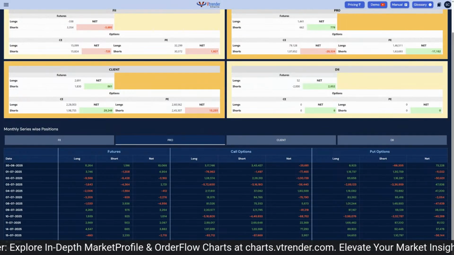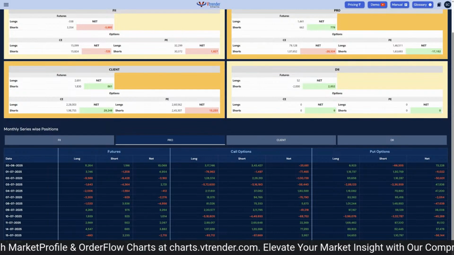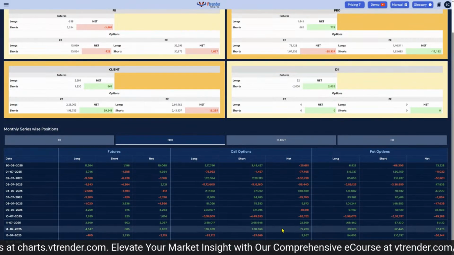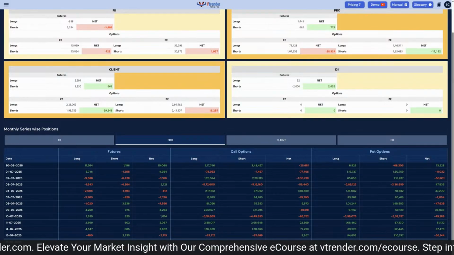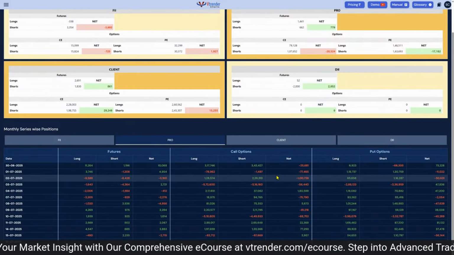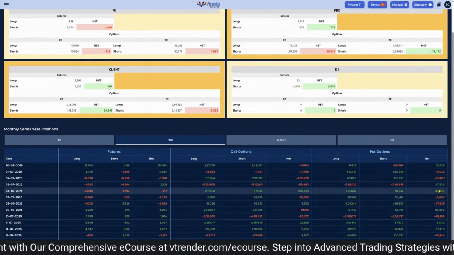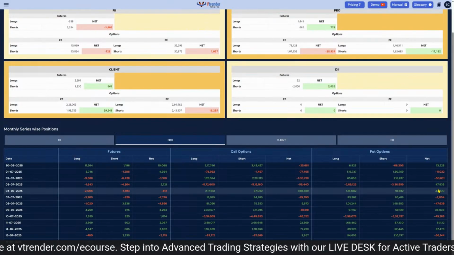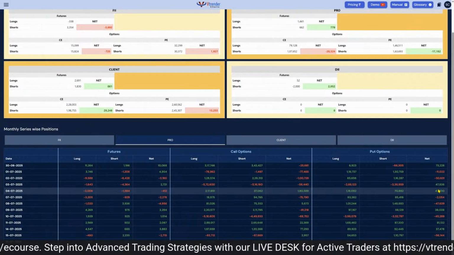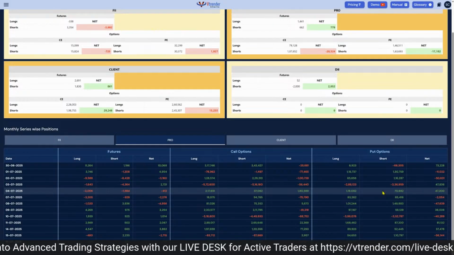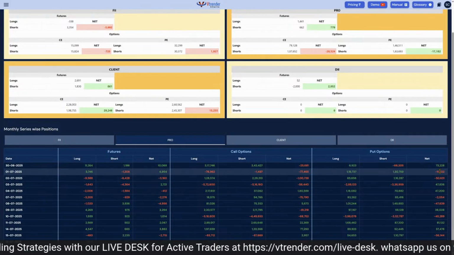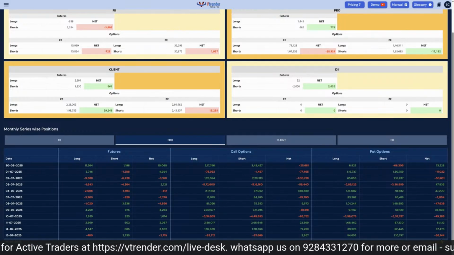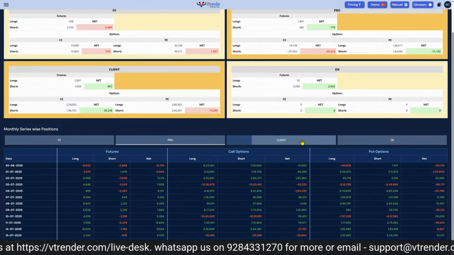So there were 224,000 contracts, and this is not just one day today. It's basically over a period of time. They are basically short gamma most of the time. They are sellers of contracts, call options, and sometimes put options also, depending on how they would like to see the market going. So if they think the market has got no more scope to go up, they would be shorting calls. And if they think the market has got a good downside, they could be longer gamma also and buy puts also.